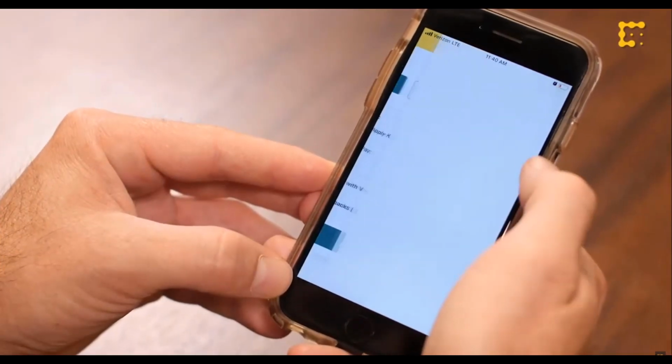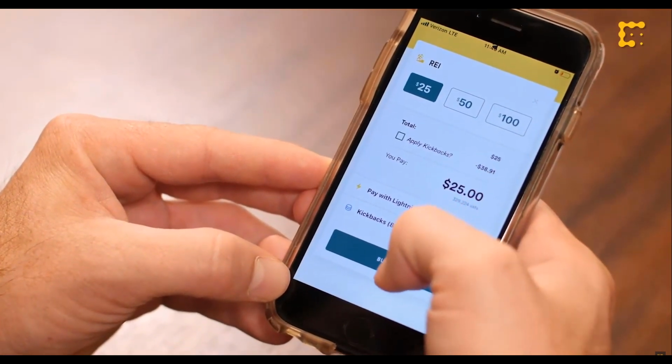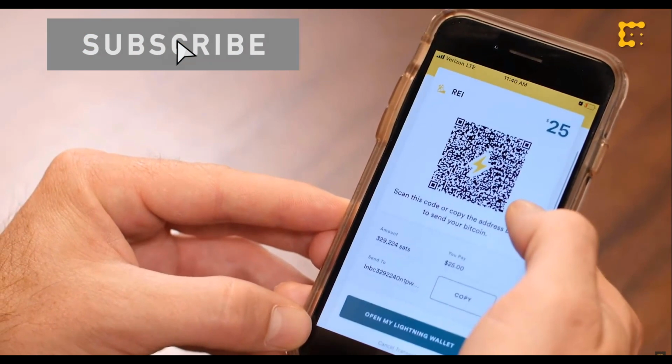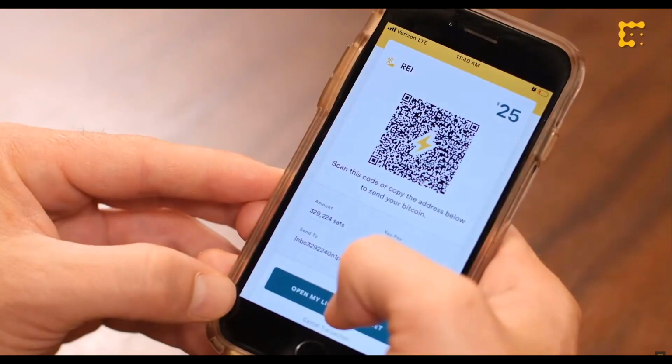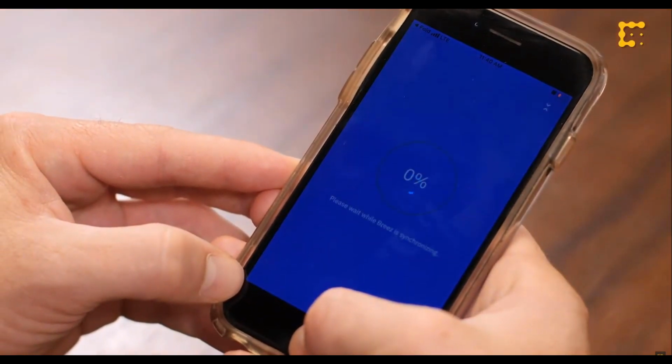Yeah, so with Fold, we are able to work across every single Lightning wallet, so whichever one you use. So the idea is that when you have an invoice to pay on Fold, we have a deep link that pulls up your Lightning wallet of choice. So if you're a hardcore Breeze or Casa or Lightning or Zap, whatever it is, we work with that. And so we have a really seamless transition. So when you need to pay, it's a one tap, brings up your Lightning invoice, you pay, and then you're